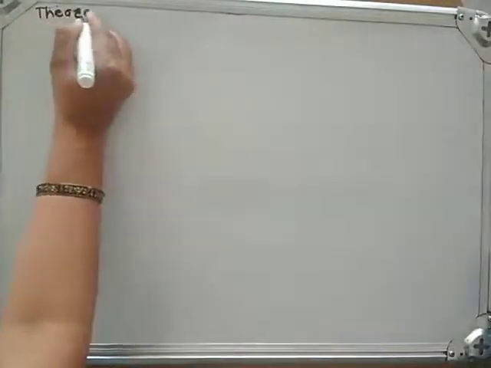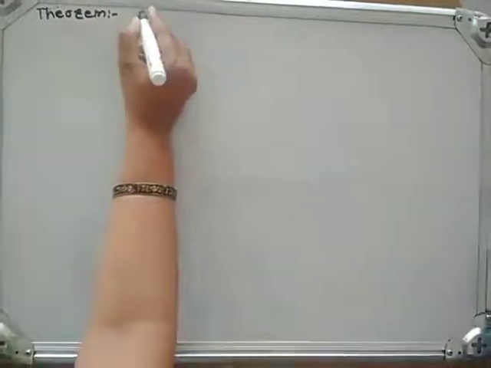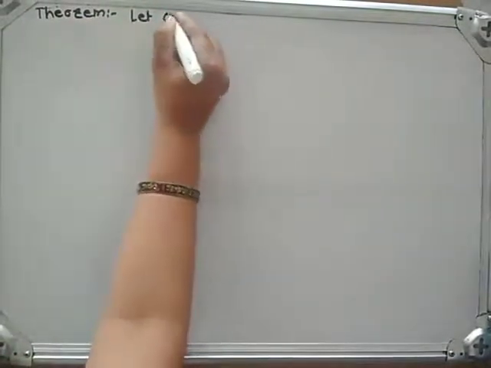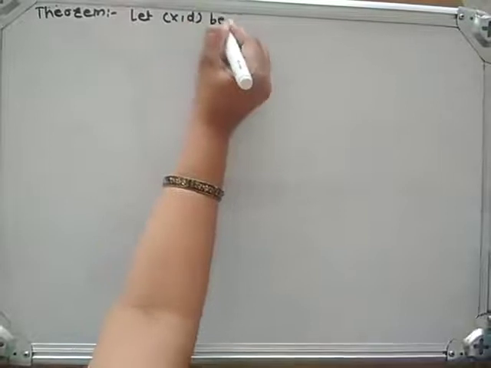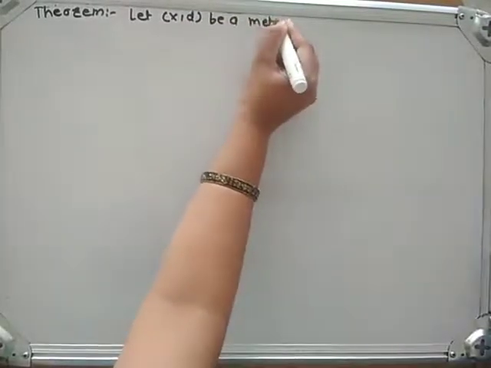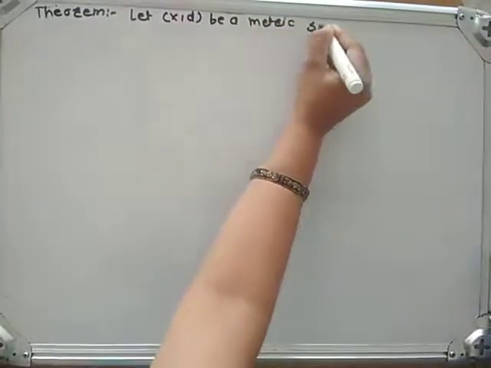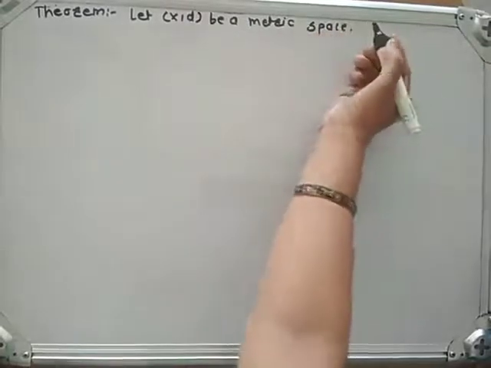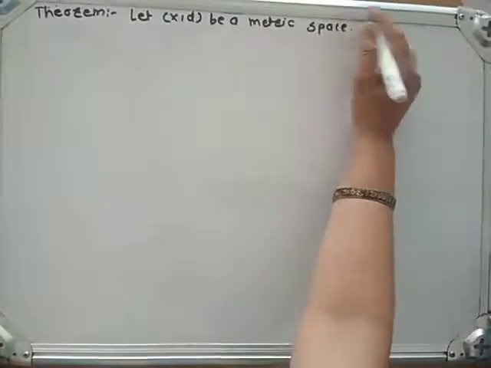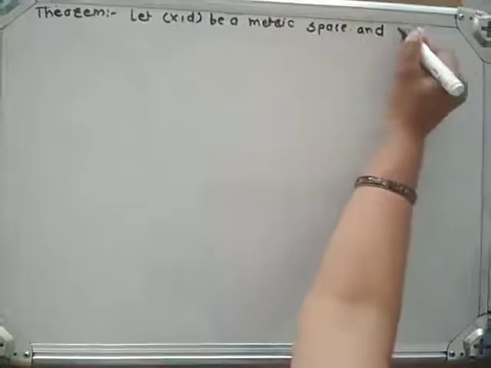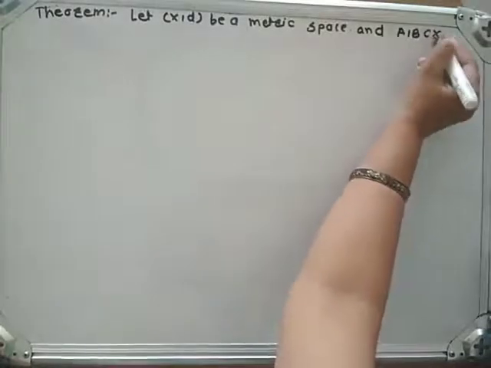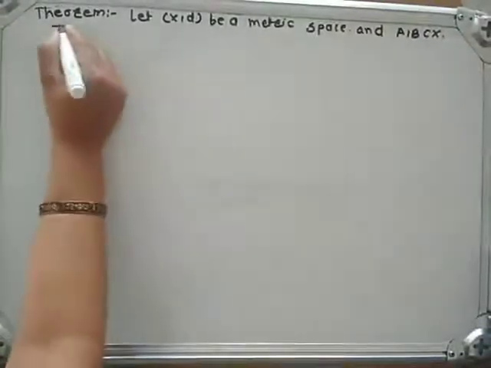Hello students, in this video we are going to see one theorem on closure of a set. Let us write down that theorem. Let X be a metric space, and A, B are subsets of X. Then